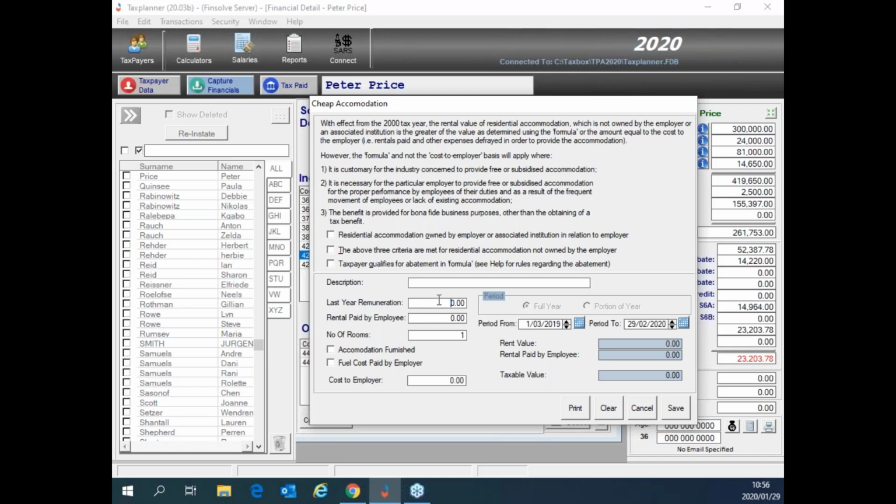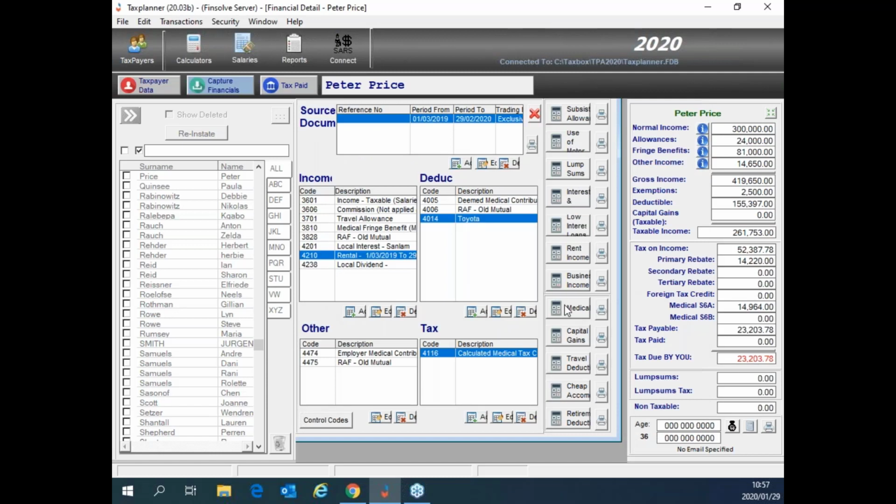So last year's remuneration, rental paid by the employee, number of rooms rented, and the total taxable value will appear on the right hand corner, and you just say save. But as I say, you can most probably go through the notes yourself, the user guide, and you might get more information relating to cheap accommodation, if it's applicable. So if we go to the next